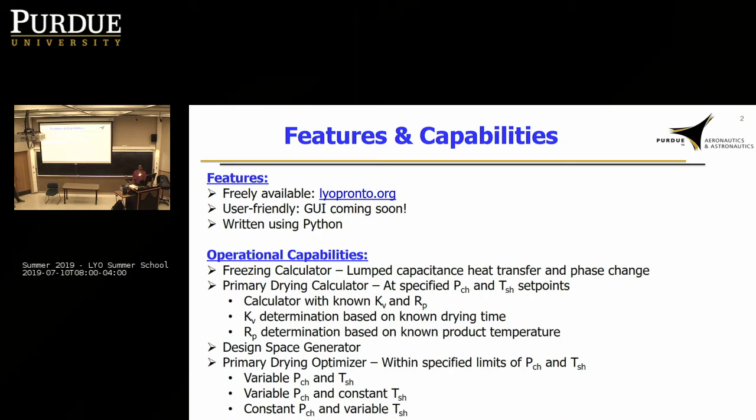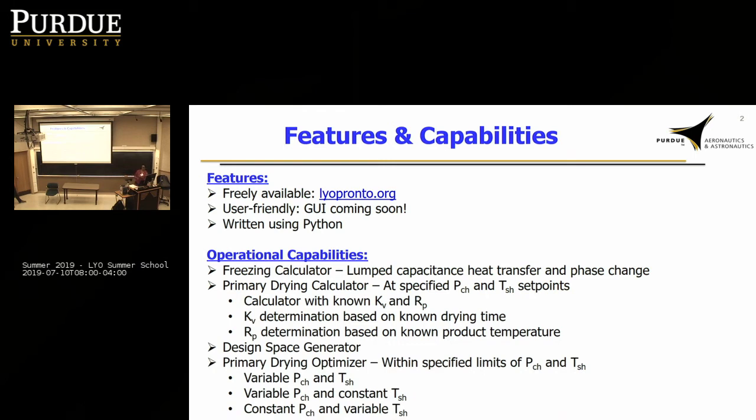Now this calculator also has the capability of extracting your kV and Rp, provided you know some data about the drying process. To get kV, you need to know the drying time. Basically what it does is, if you say experimentally this was the drying time that was observed for these conditions, then it's going to loop through a number of kV values, and then it's going to find the best fit for the experimental drying time. And then for Rp, if you have a thermocouple measurement and you specify a product temperature profile, it's going to extract the product resistance from that data. So if you don't know it, you have the ability to extract it as well.